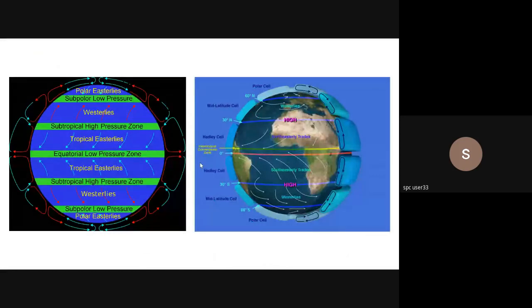Okay, as I said, this is a thermal pressure belt. This one is a thermal pressure belt. This is a mechanical one. Okay, because along these areas, or let us say along,